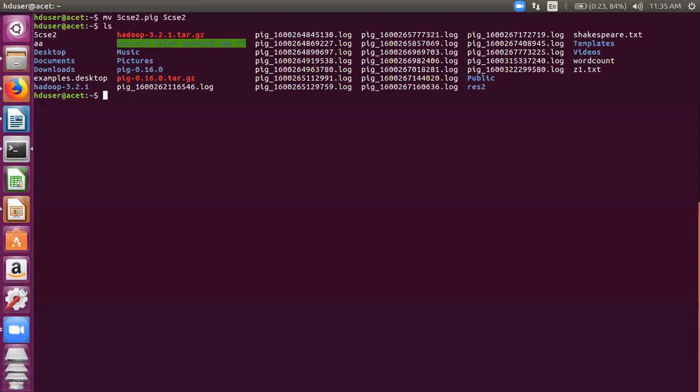अब लिस्ट करके देखो, 5CSE2 पर फाइल का नाम बन गया. अब आपका जो क्वेश्चन है कि उसके बिना चलता है कि नहीं, वो देख लेते हैं. ये ठीक है, चला रहा हूँ 5CSE2 बिना .pig के. Shaurya and Mani, both of you see. It will run. It will give you the same results.